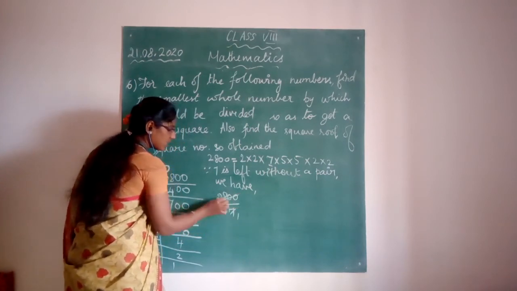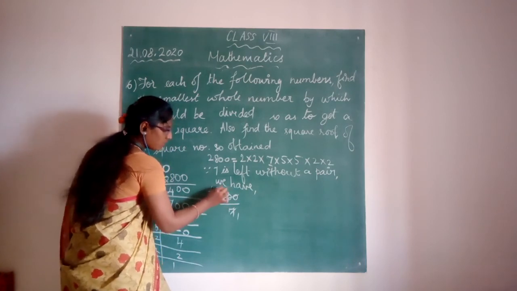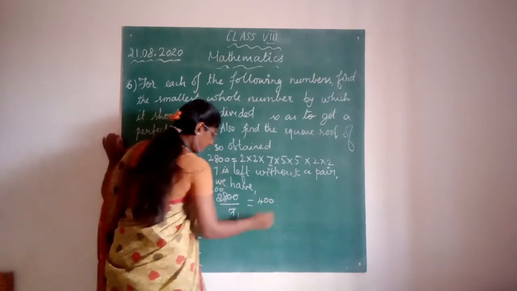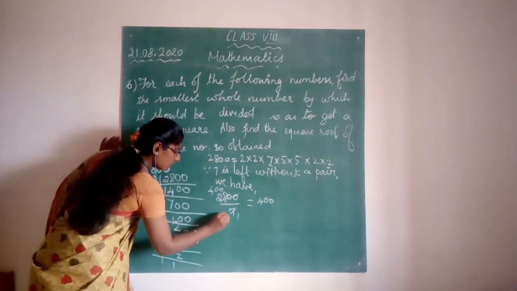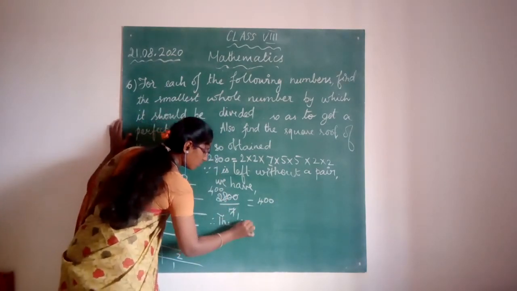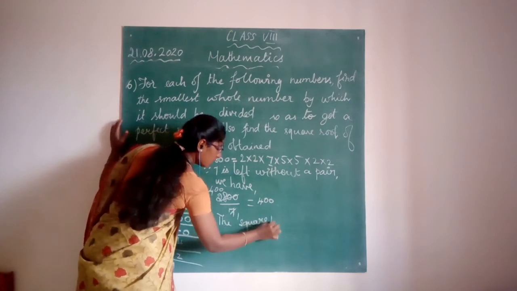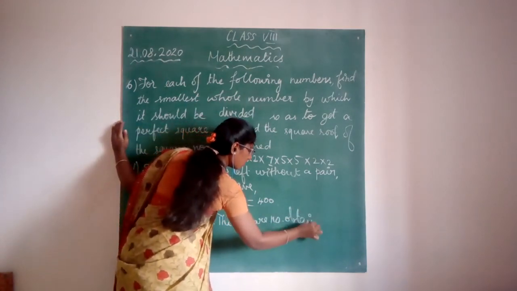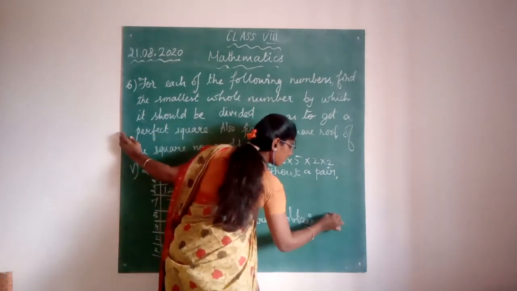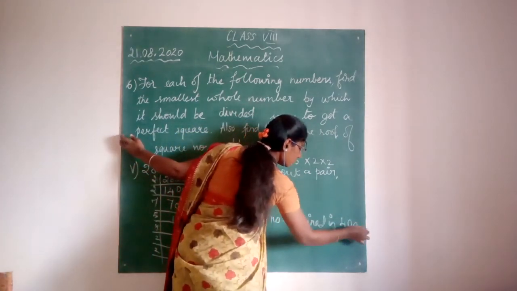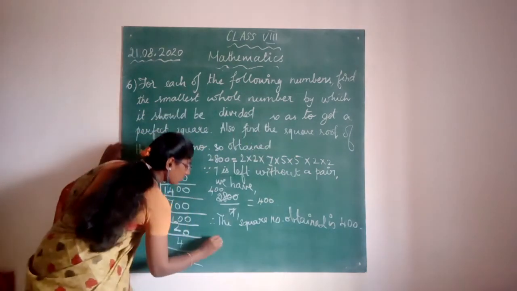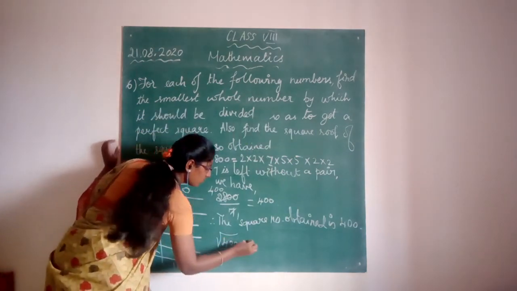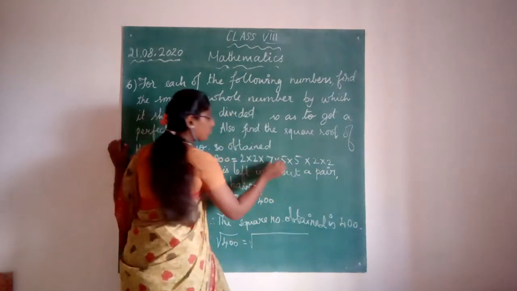So 7 ones are 7 and 7 fours are 28. So 400. Okay, so that is equal to 400. Therefore, the square number obtained is 400. Now square root of 400 is equal to square root of, we have to remove 7 from here